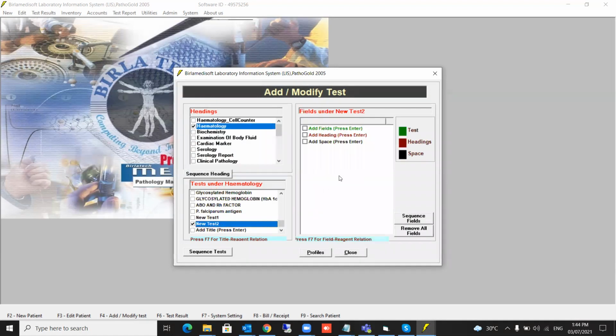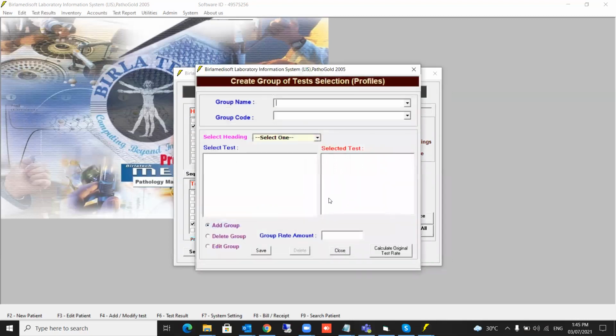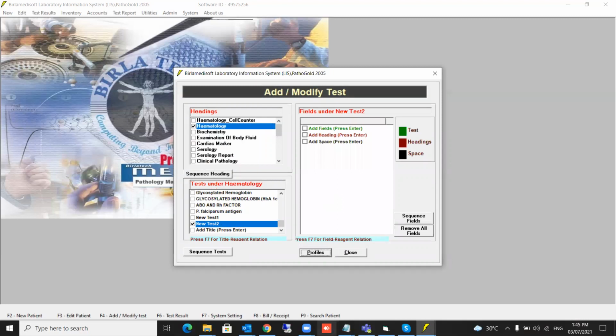As soon as you click on this, you will see that there are 3 fields that have come up here. Just a minute. Three fields have come up here. I'm going to explain to you about this. Okay, so now I have defined it. Now I'm going to add some fields into this new test tool.